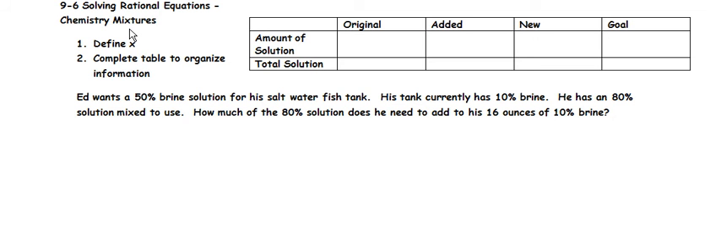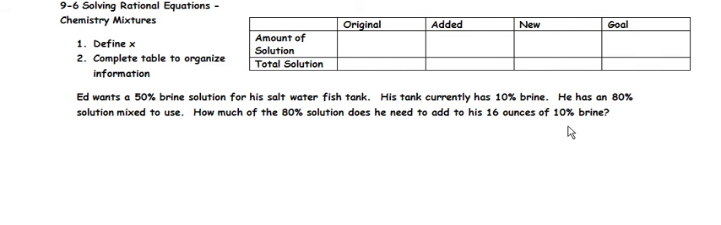Chemistry mixtures provide a good opportunity for us to learn how rational equations need to be solved. In this case, we have Ed, who wants a 50% brine solution for his saltwater fish tank. His tank currently has a 10% brine, and he has on hand an 80% solution to use. What he needs to know is how much of the 80% solution he should add to his 16 ounces of